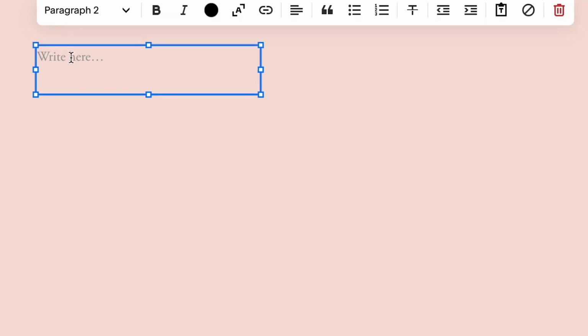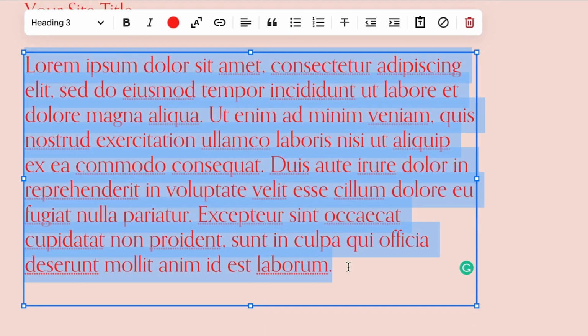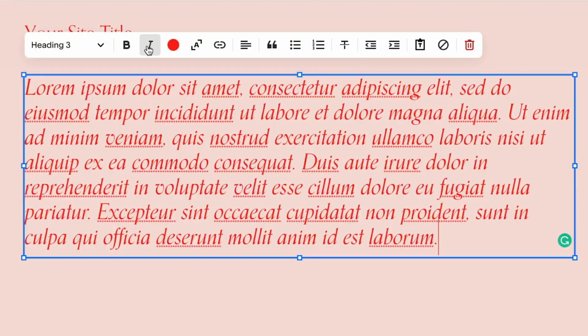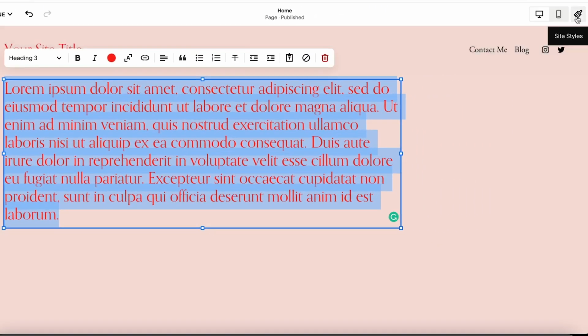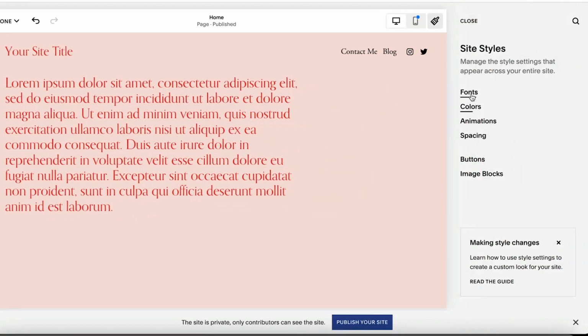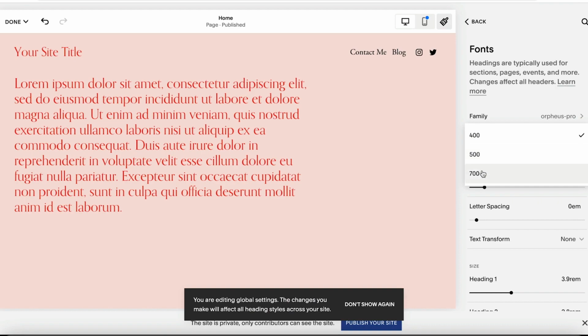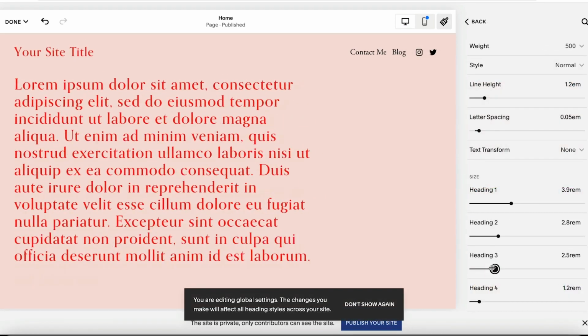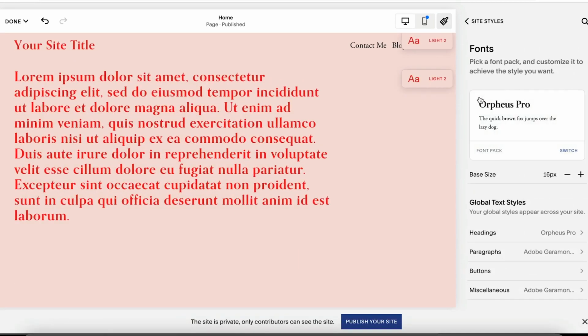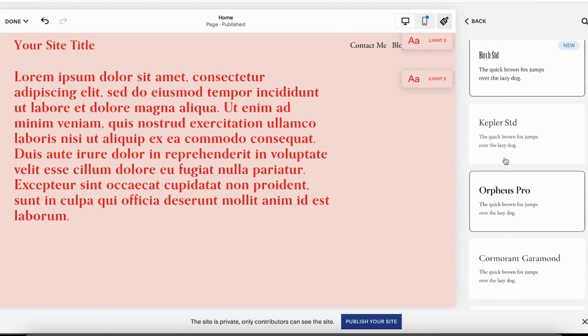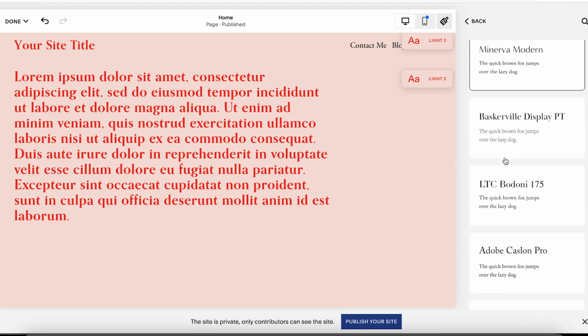Here you can add your text and then highlight any portion to change the format, sizing, and text style using the toolbar. To further customize your text, use the Design tab to change the font, spacing, weight, color, and more. Or choose from a variety of font packs of curated fonts that would look good together by clicking the Font